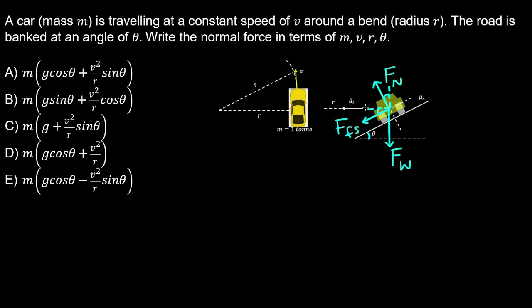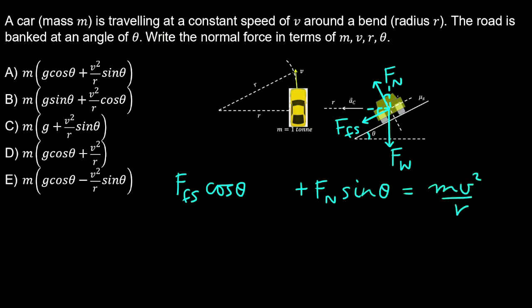So if we apply Newton's second law in the radial direction, we have the static friction force by cosine theta plus the normal force by sine theta is equal to the centripetal force. And in the vertical direction, we have the static friction force sine theta. So this has a vertical component pointing downwards,